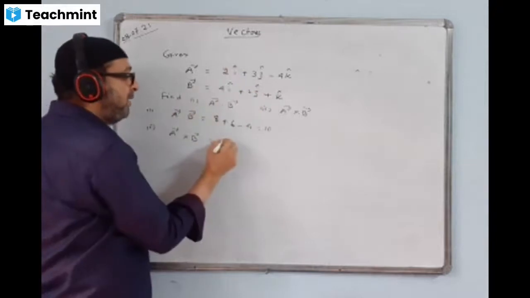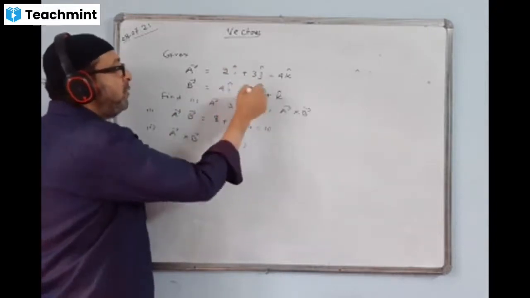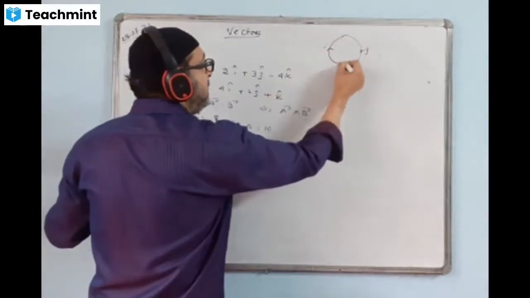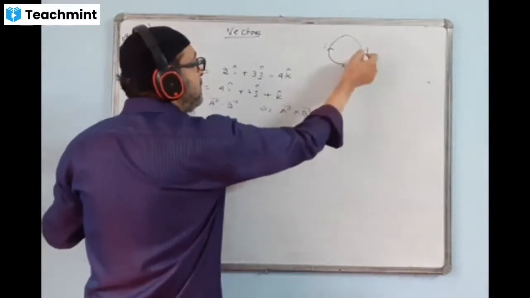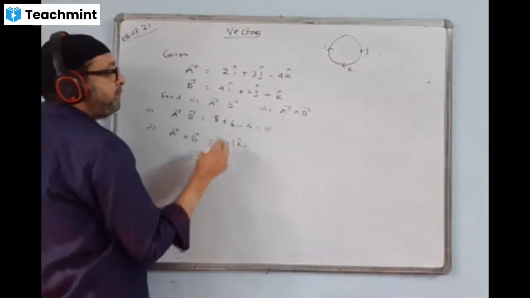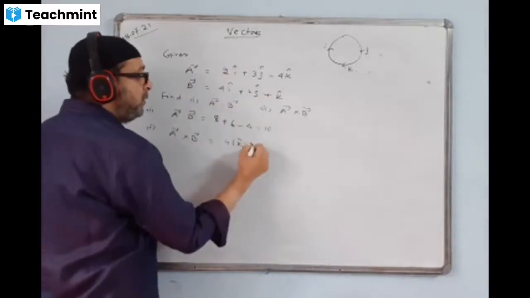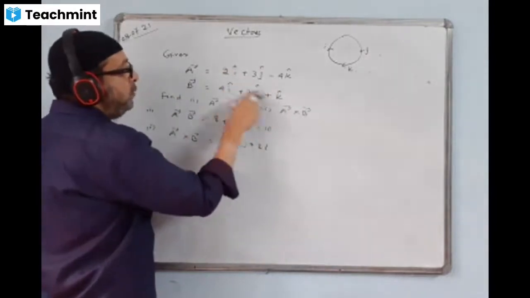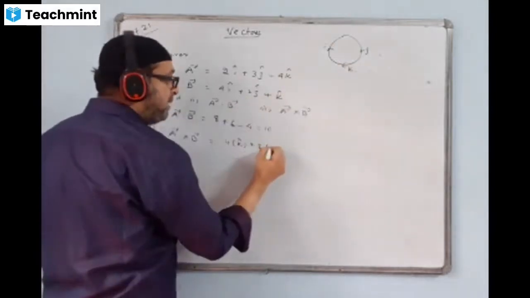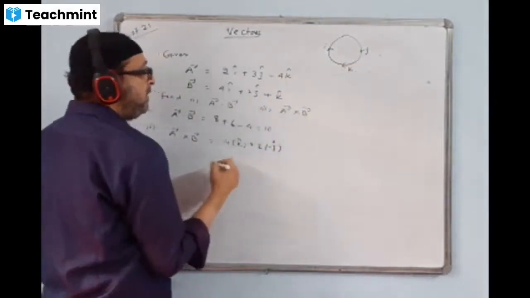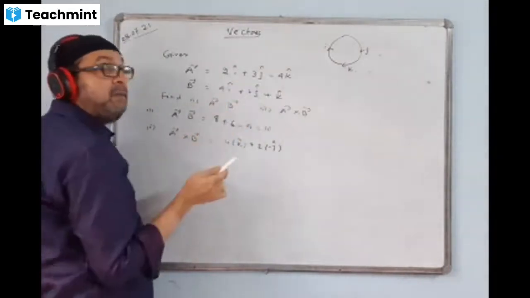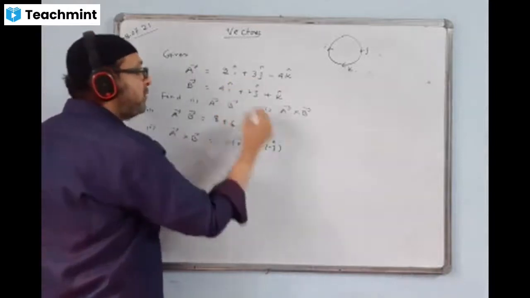2i I will multiply with this, 4j. i cross j, you can just follow this cycle i, j, k. i cross j gives k, the sign is positive, so I write k. This into this, I write 2. 2 times 1, there is nothing there, so 1. i cross k, as you can see, will be equal to minus j. This is done. With 3j, I'll multiply with this and this. I will not multiply the same thing because the answer is 0. 3 fours I will write 12.